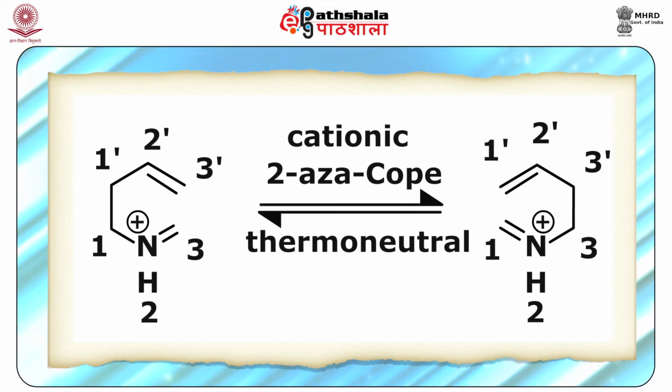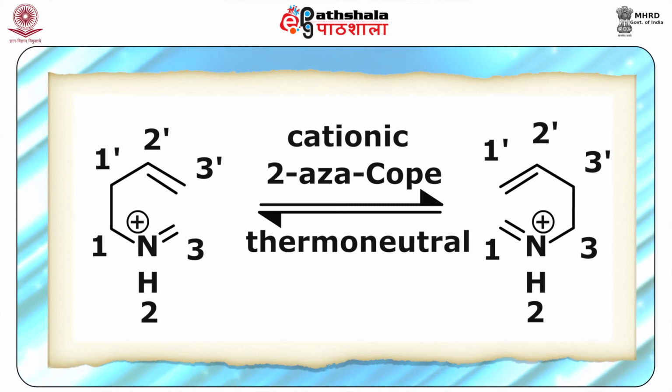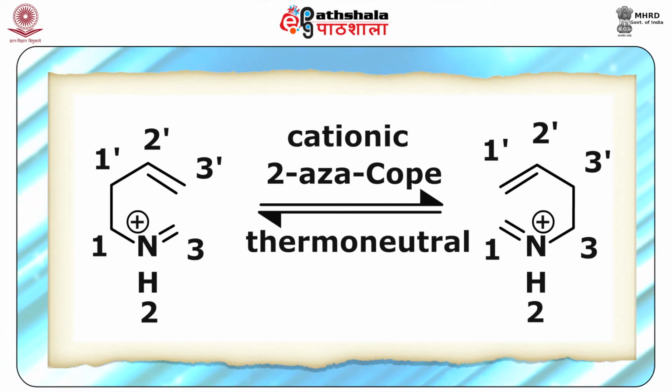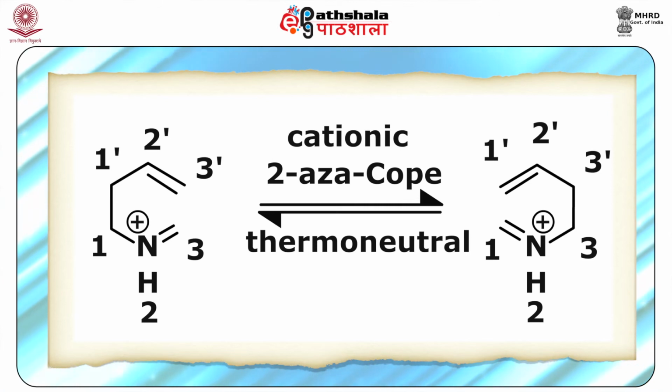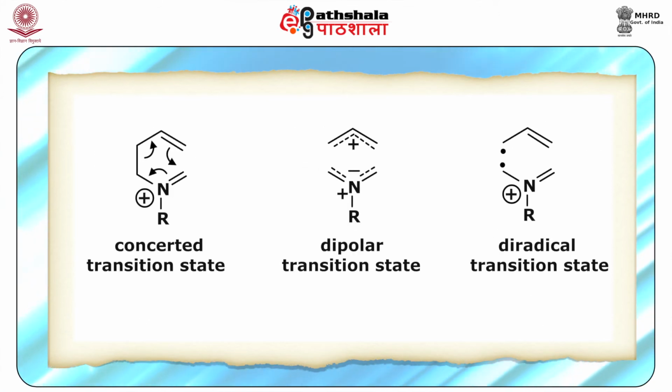In the simplest form, the ionic nature of this reaction allows lowering of the activation barrier, thus promoting the reaction. The transition state structures for the reaction: